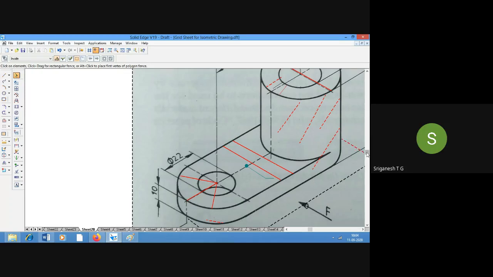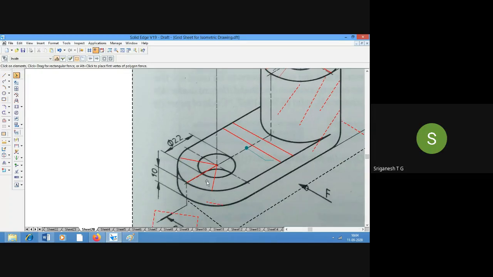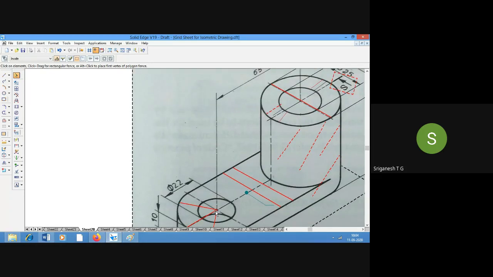Now we have found out that from this left hand side edge, from this arc to the center is 23 mm. And then from the center of this smaller circle to the center of the other circle, the distance is 65. That means it is like this. From the arc to the center of the arc, it is 23 mm.